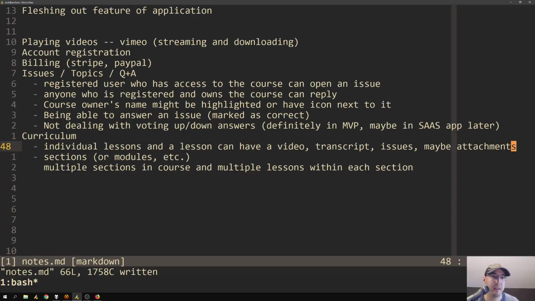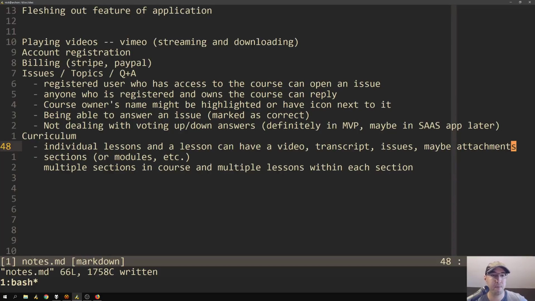I updated the application a few times for Flask 1.02, which is the latest version as of today. A lot of package updates, a lot of Docker updates, those get their own zip file, which makes me think now that maybe the individual lessons do need attachments, because there's multiple ways to handle the zip files. If I only have one zip file for the entire course, then I can get away with having the idea of an attachment be part of the course, not part of each individual lesson,